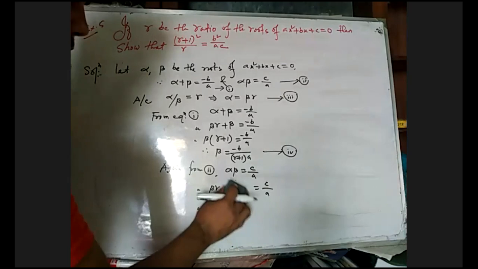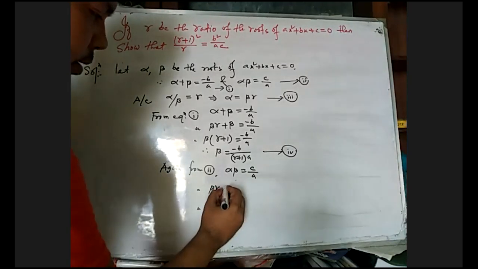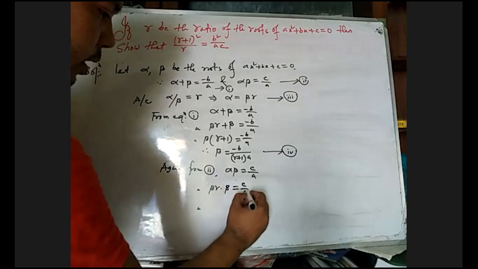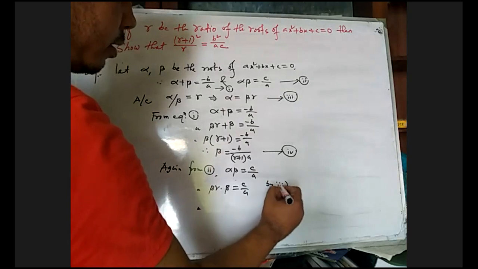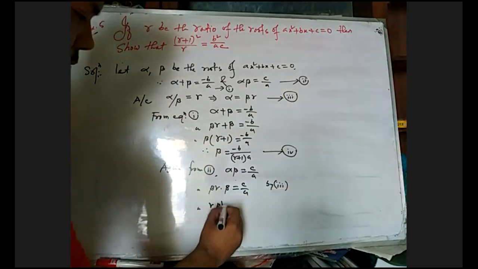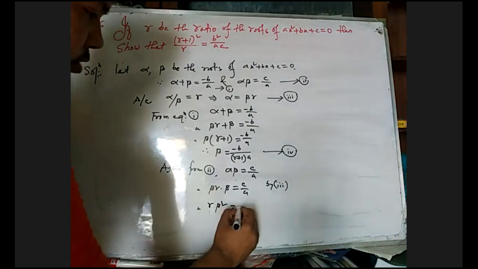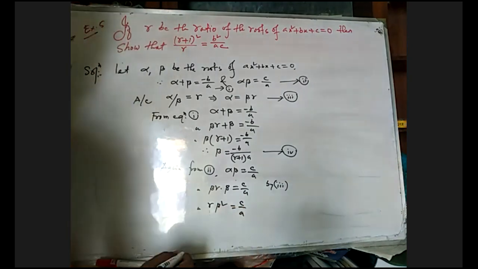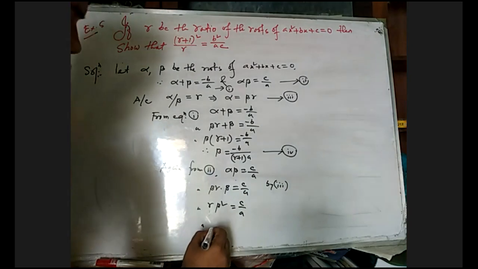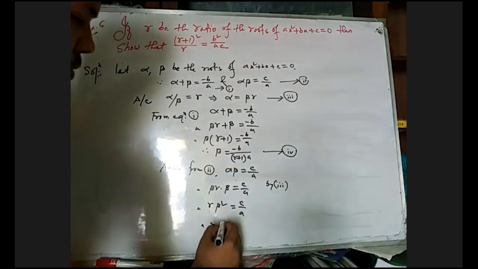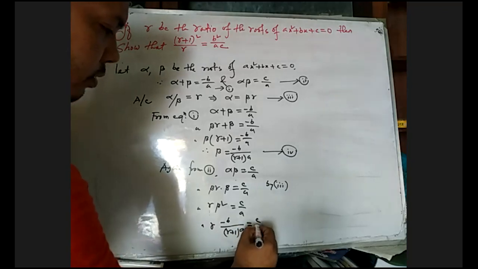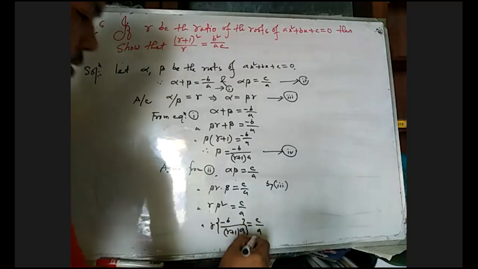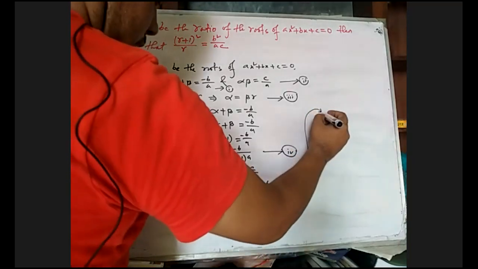Okay, just putting the values of alpha and beta equals to c by a. By what? By equation 3, r beta square equals to c by a, or r into beta equals to what? This value, minus b divided by r plus 1 into a equals to c by a. So after this line, we get what?